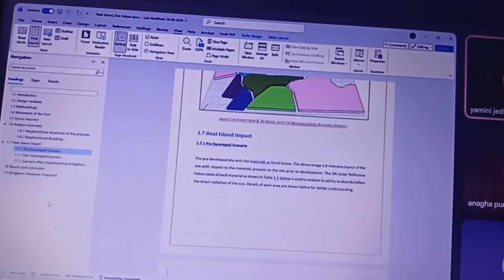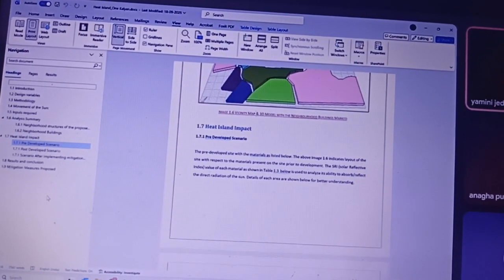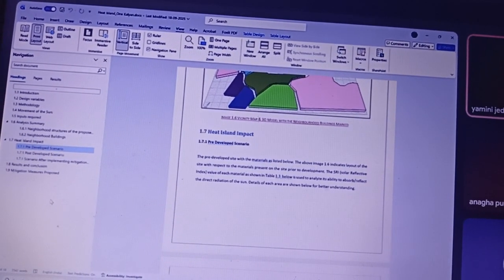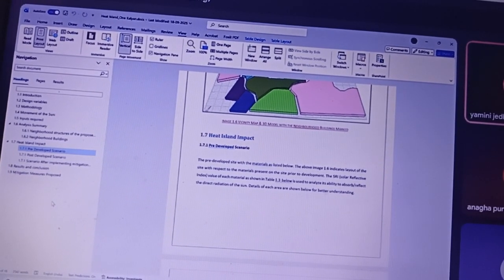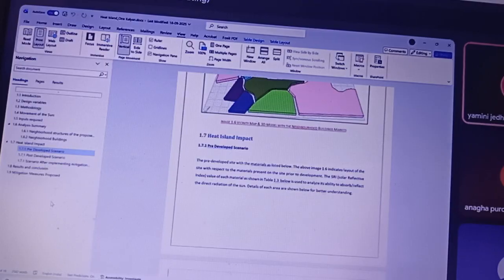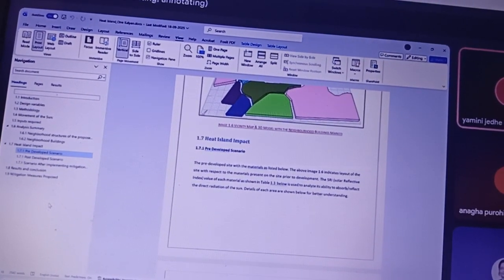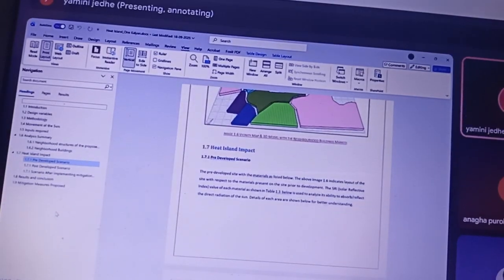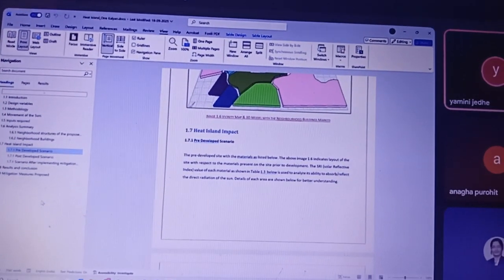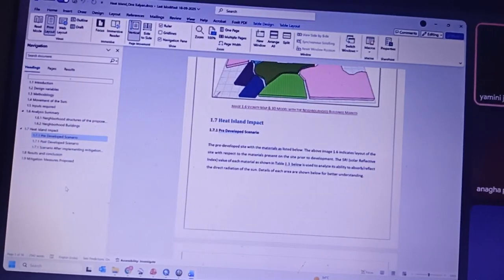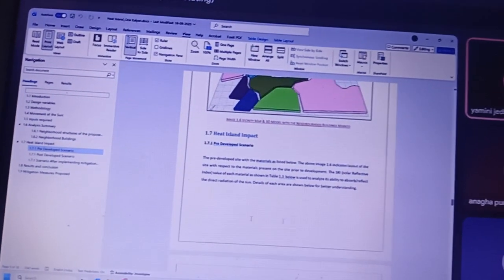Whether we practically do it or not is a different story, but we try to identify how much heat island impact can be reduced if we use, suppose, cool roofs, green roofs, some kind of landscaping as an element of that building, or paints with high emissivity. So accordingly, we implement mitigation measures to reduce the heat island effect after project completion, and we study the impact of that.